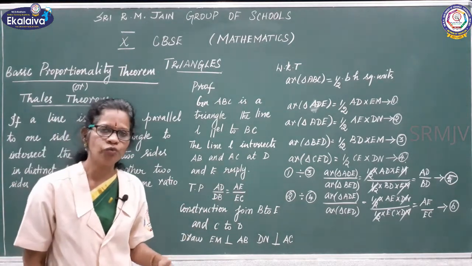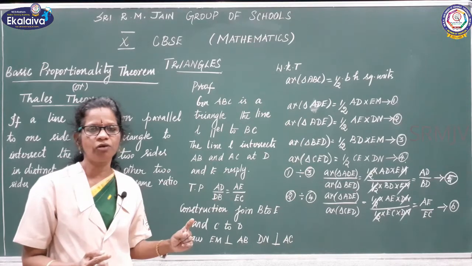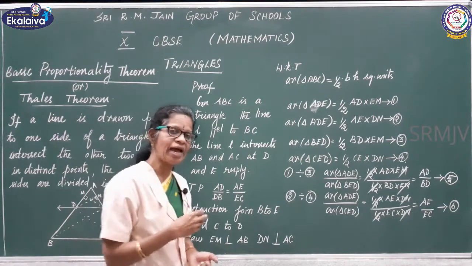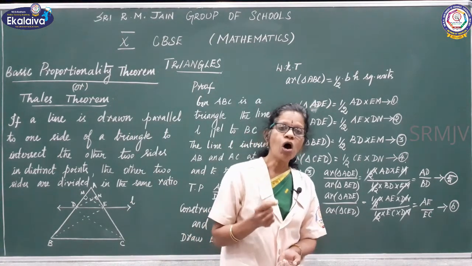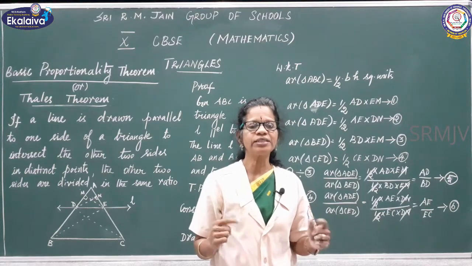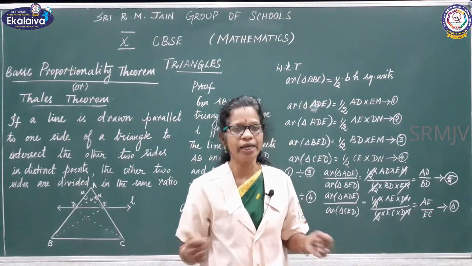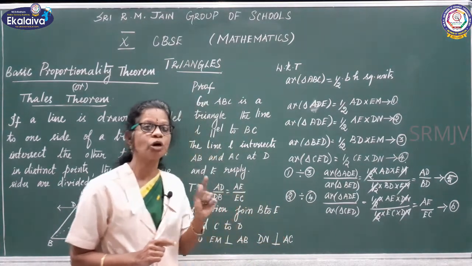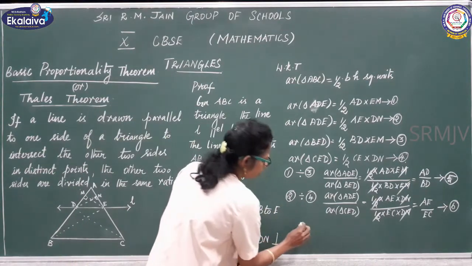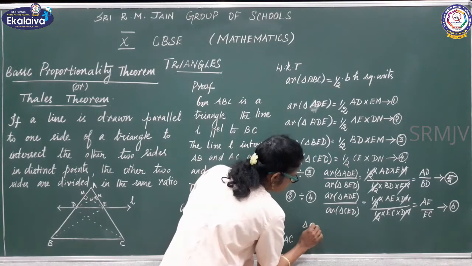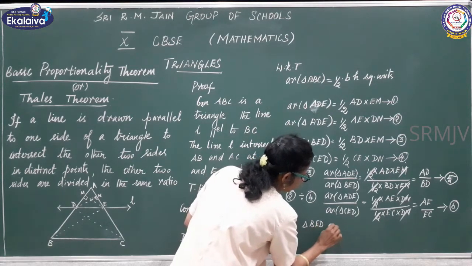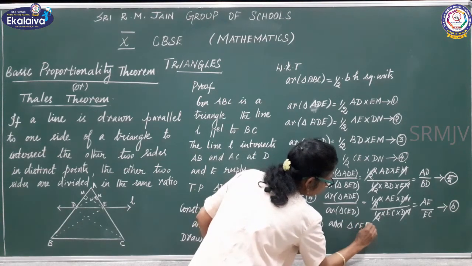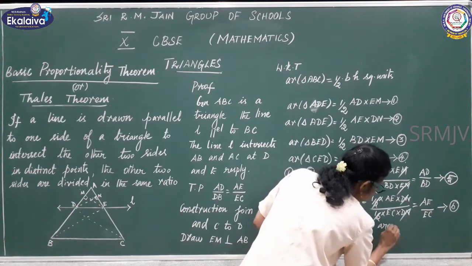What we want to prove? We want to prove AD by DB equal to AE by EC. How we have to prove? We know the result, we learnt, right? Parallelograms on the same base and between the same parallels are equal in area. Not only the result is true for parallelogram, it is true for all types of polygon, right? So, a triangle BED and triangle CED are on the same base,